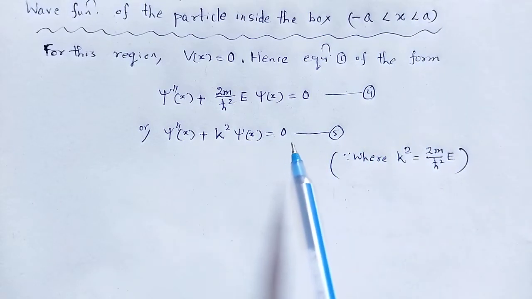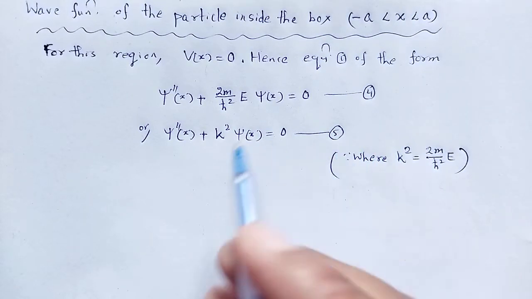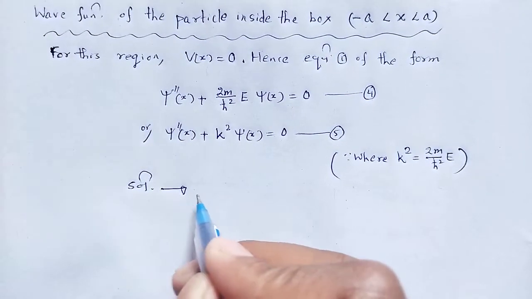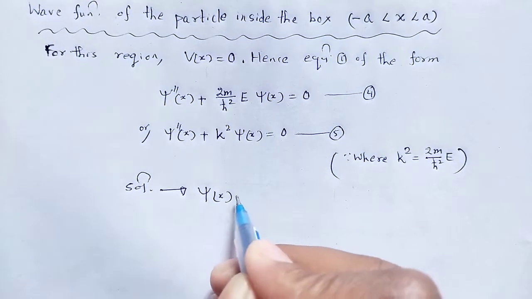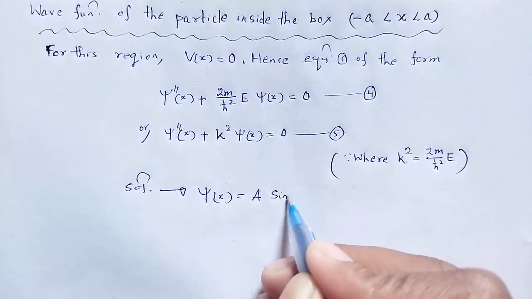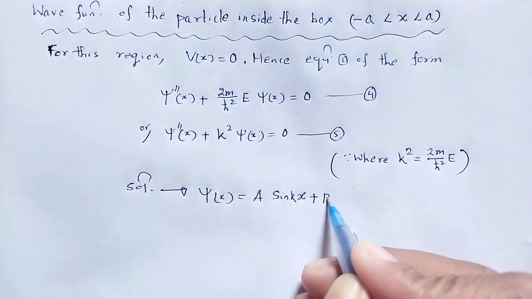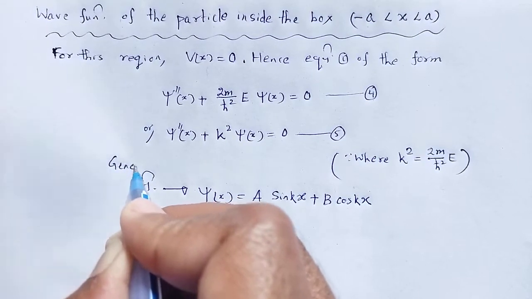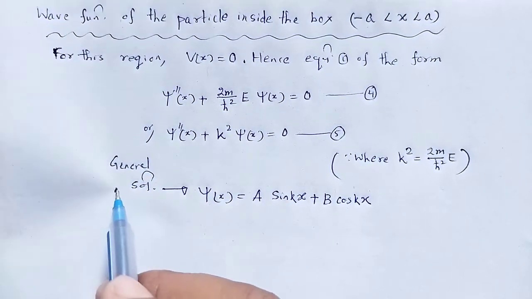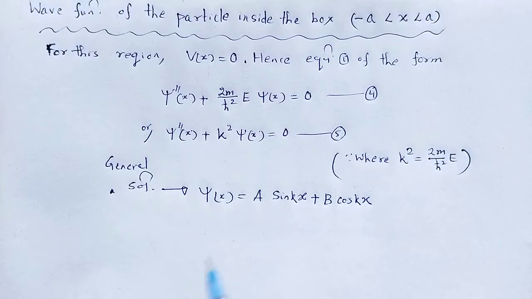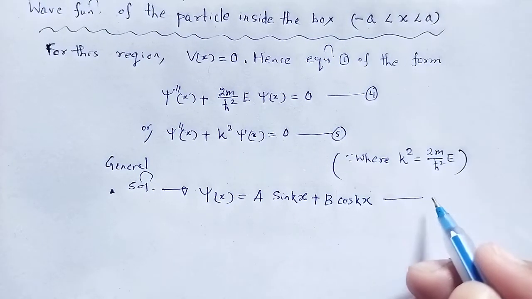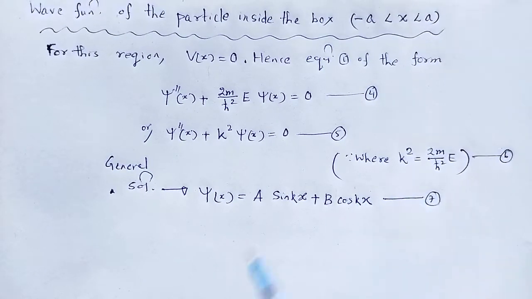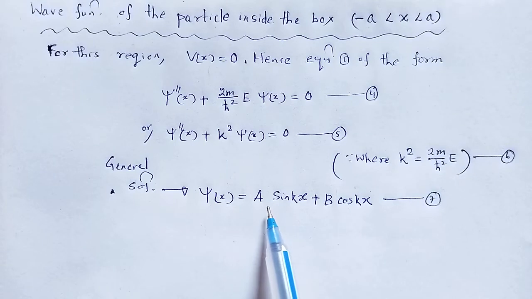Now the general solution of equation number 5 will be psi of x is equal to a sin kx plus b cos kx. That is the general solution of equation number 5. Now our task is to find out the arbitrary constants a and b,